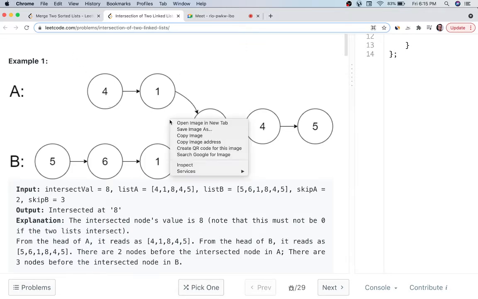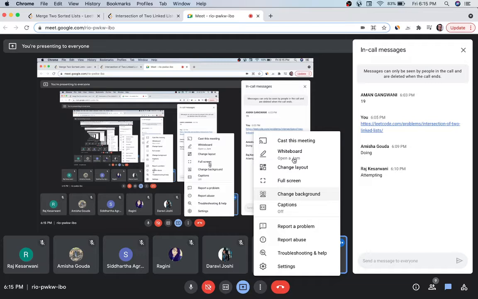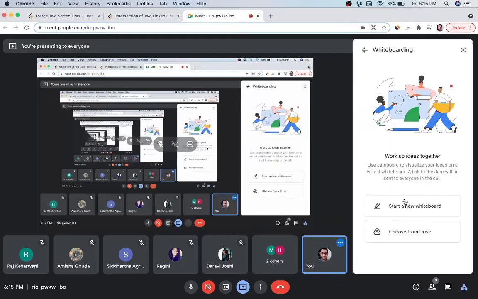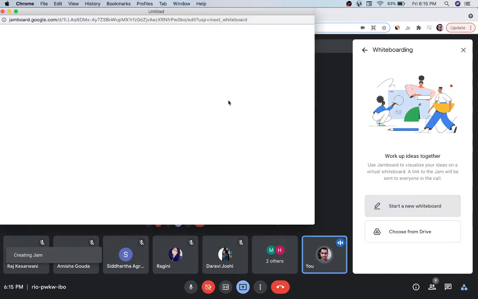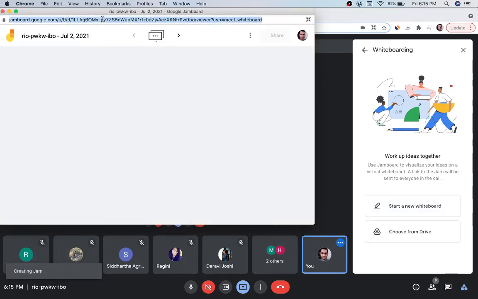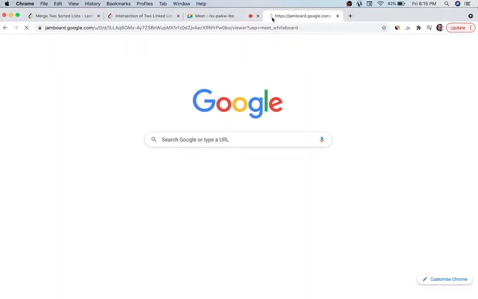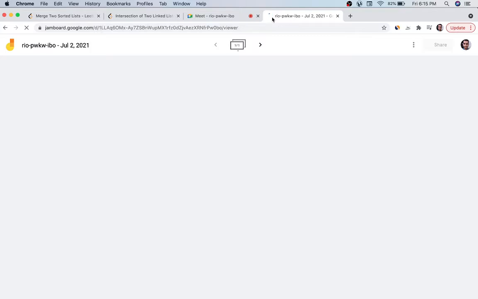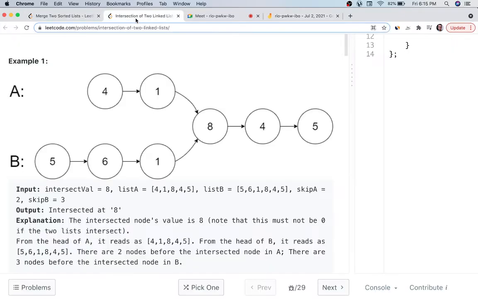Let me open this image in some Jamboard. First I will explain the approach, then we'll look at the code in each language: C++, Java and Python.